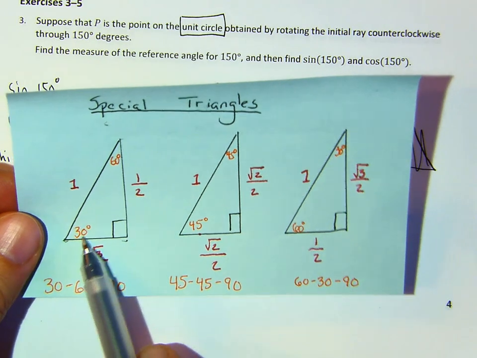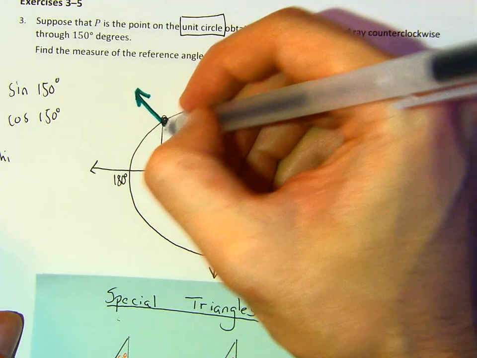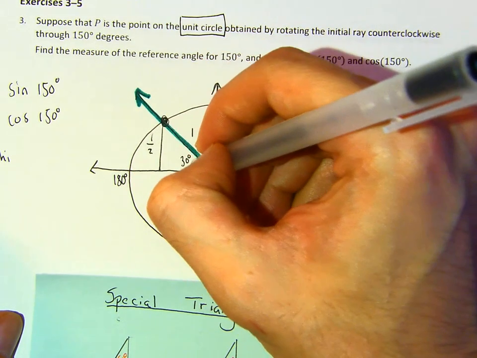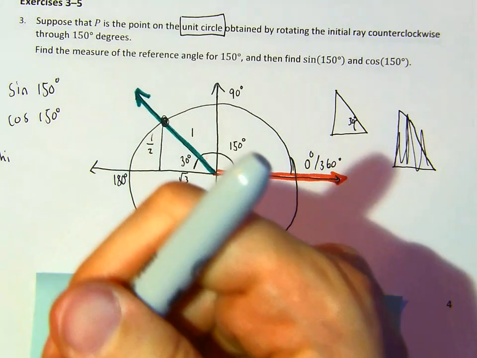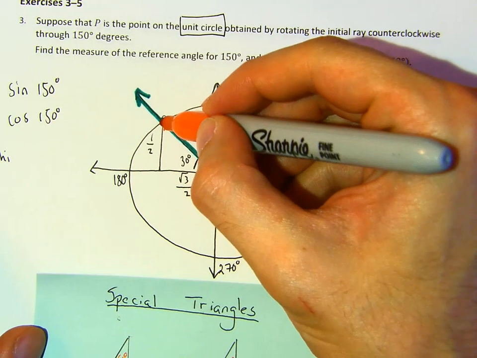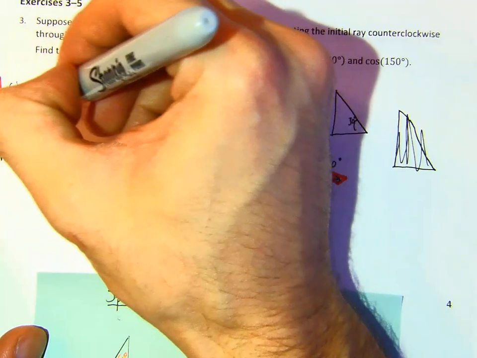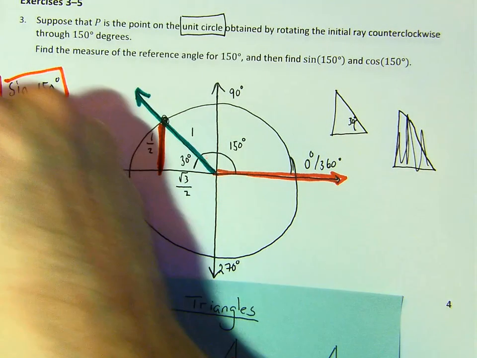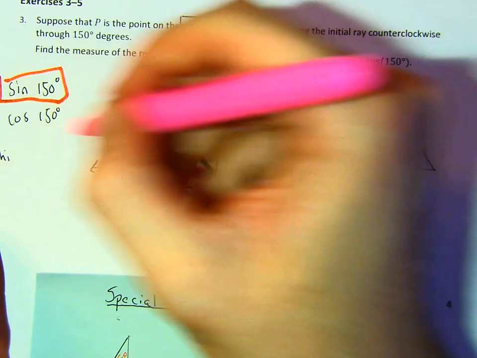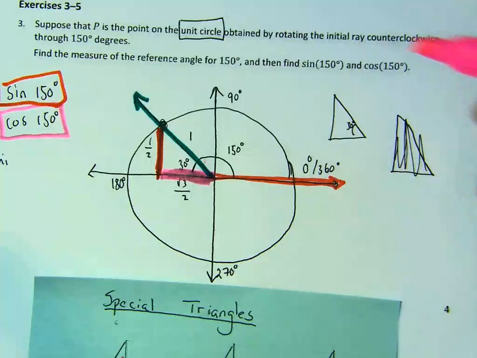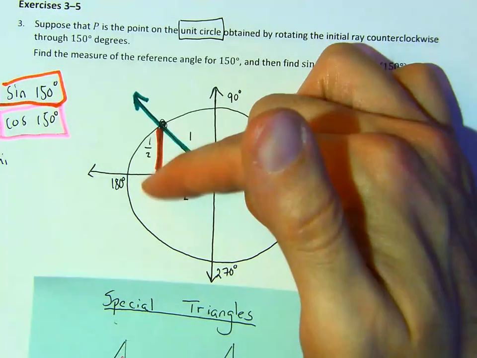Notice what's opposite of the 30? It's a half. So what's the opposite of this 30? It's a half. And what's over here? Square root of 3 over 2. So notice when you talk about the sine, what is sine calculating? It's calculating this. This is sine. And here, this will be what? This over here, this will be cosine in the pink. Okay? I'm sorry, the colors look all botched up right now, but this is the sine and this is the